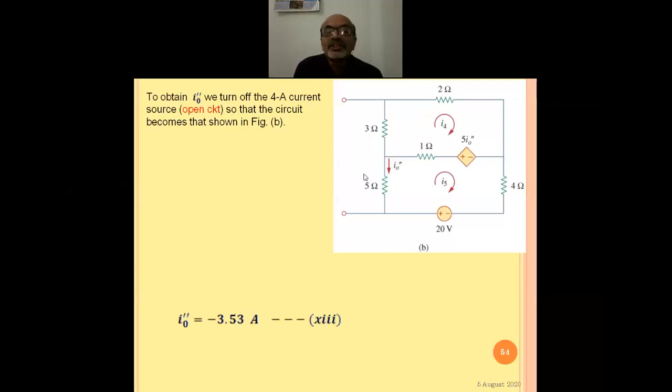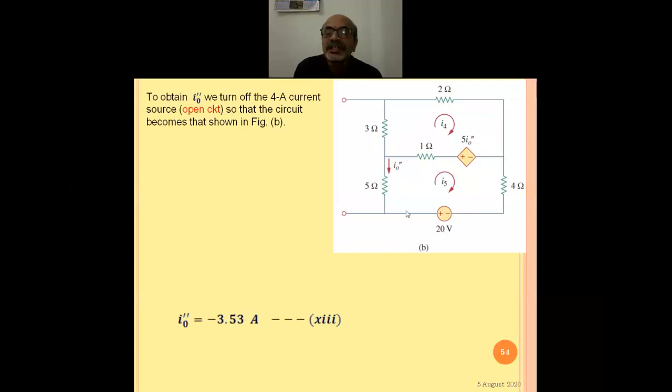Here we have to make use of any method that we know. What is the ultimate aim? The ultimate aim is to find the current through this, that is the response, the current flowing through this 5 ohm resistor because of this 4 ampere. So I0 dash has to be calculated, and here you are free to make use of any method that you know. I will be making use of mesh analysis, and therefore I have written the equations